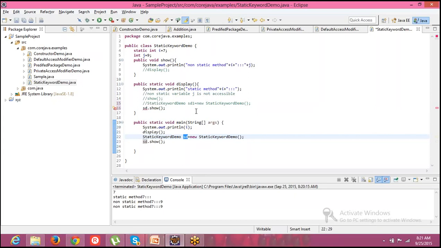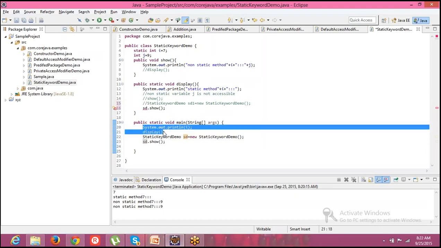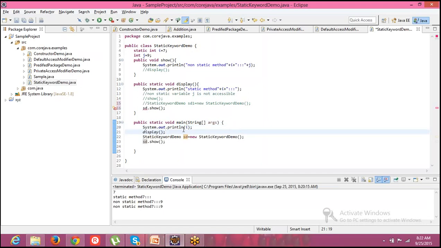See here, execution starts from the main method. You do not have any issues with these two lines, and no issue with this line number 20.